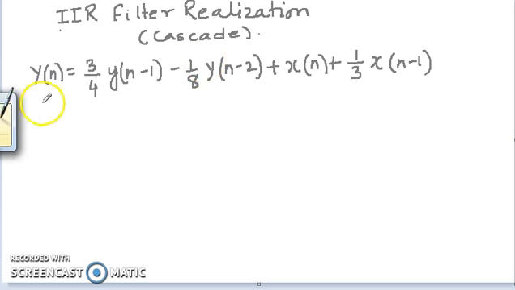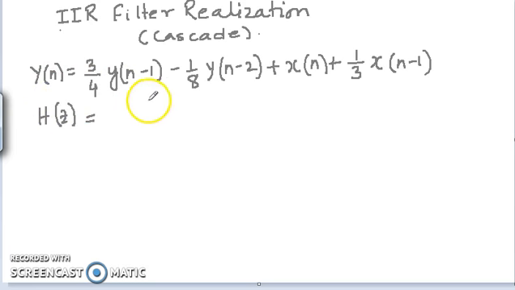Let's take this example. This is a difference equation given, and it has been asked that you get the cascaded structure of the system. Now, to make the cascaded structure, we have to express the difference equation in the form of H(z), that means in the form of transfer function. If you apply the z transform, you will finally get the transfer function H(z)